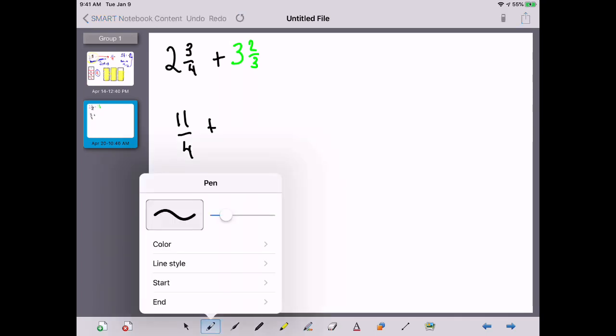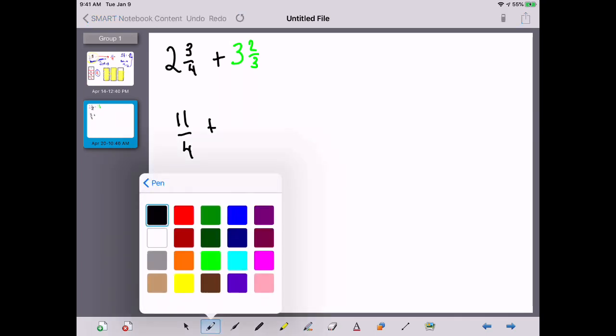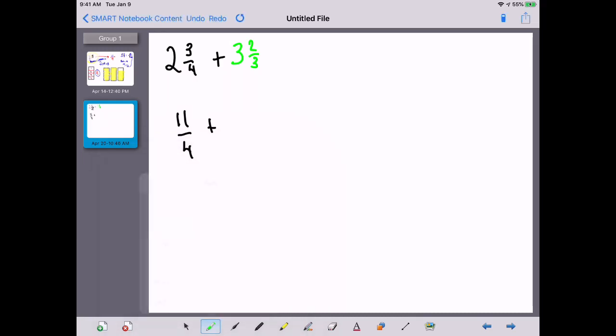And now I'm going to convert my 3 2/3 rather into another improper fraction. So 3 times 3 is 9 plus 2 is 11/3. Now this is an interesting question because I've got the same numerator, but remember when we're dealing with fractions, we need to talk about pieces that are the same size, and our denominator tells us what size our whole